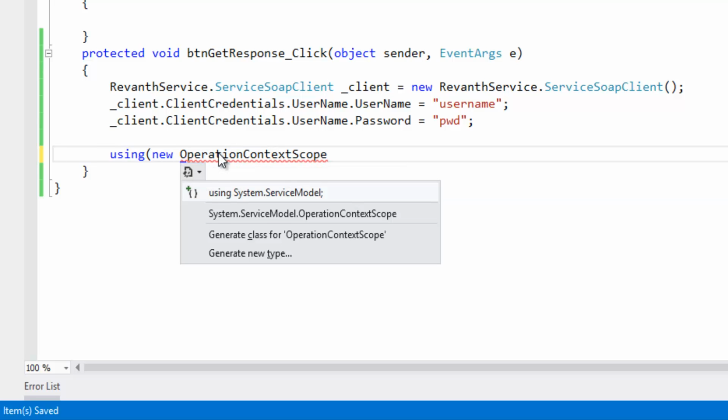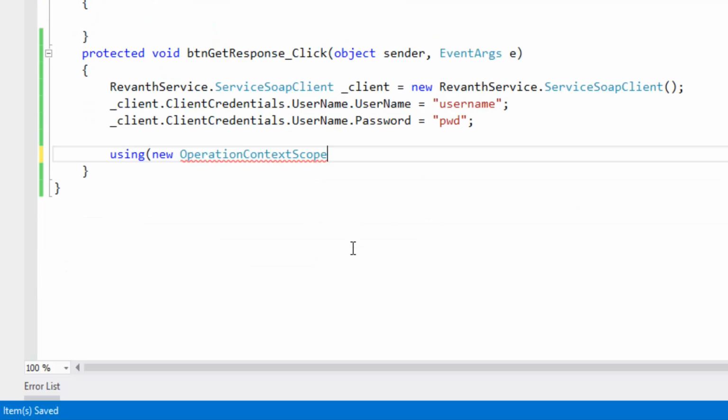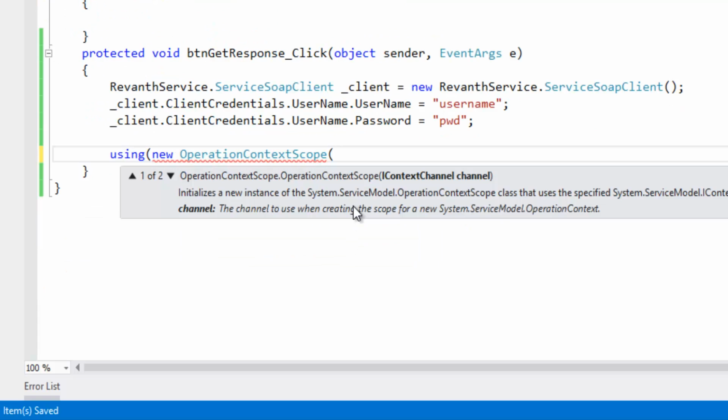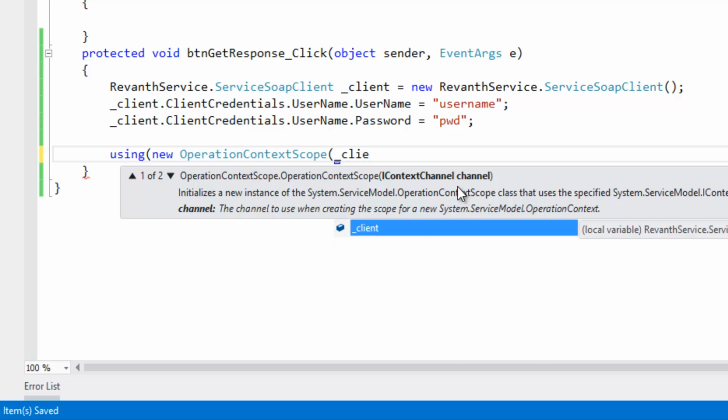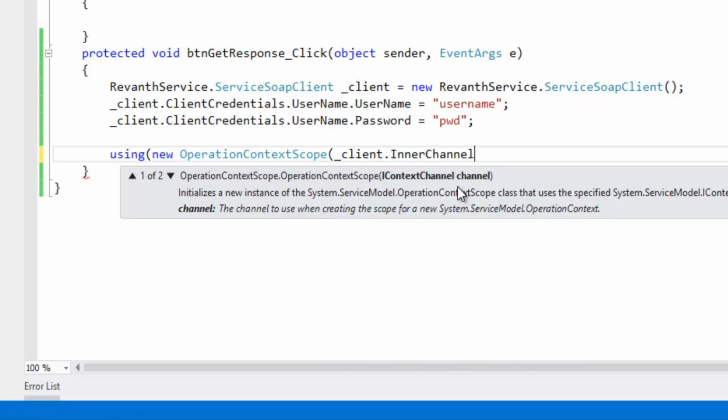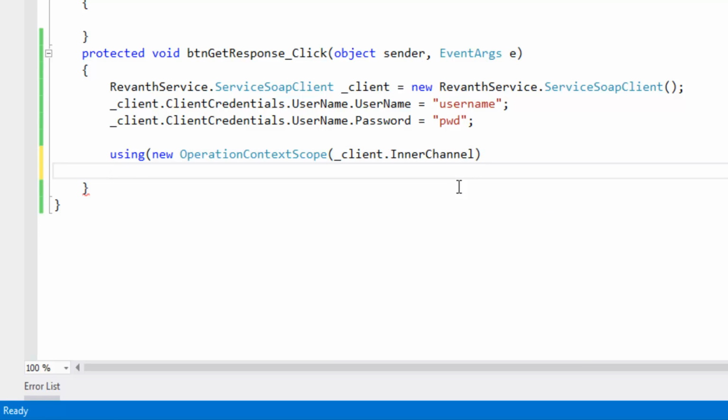This exists in using System.ServiceModel. Let's create that. In that we have to create this channel, client dot inner channel. So it will create the custom SOAP header channel here.